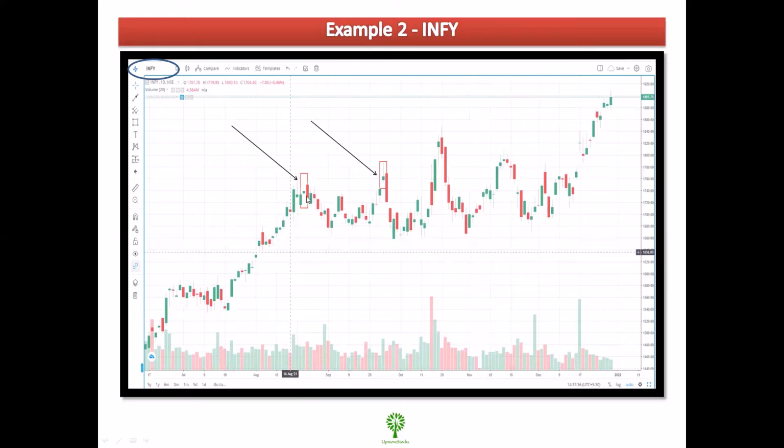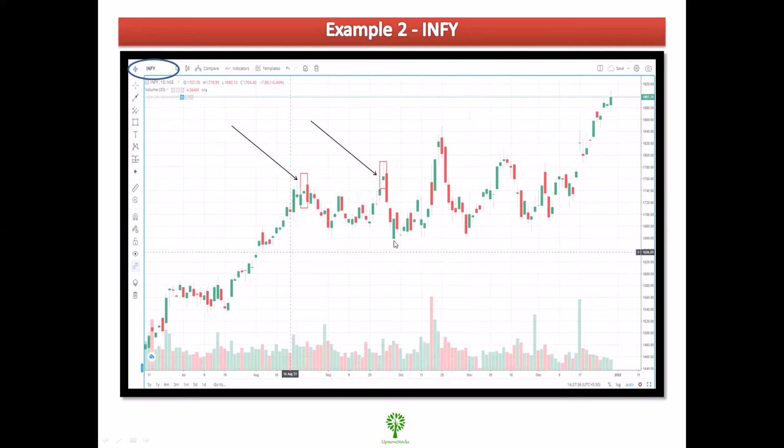Once the confirmation candle has closed below the close of the shooting star candle, it works. In this particular candle, if you can see, the close was just near the close of the shooting star candle, or you can also say it is at the same level. So it didn't work, but this candle did work, and Infosys did fall down once the confirmation candle appeared in the chart, and it fell to this particular level. Again, similarly, you can see once the confirmation candle occurred, it fell further to this level.